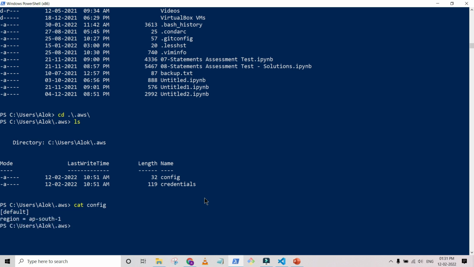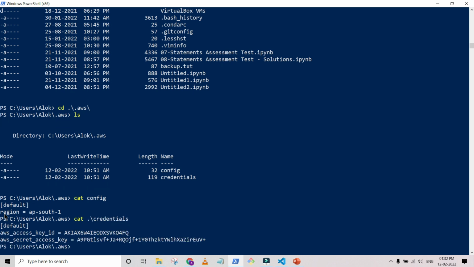So in the config you have only the region-specific things, like if you are not providing any profile, then it will be picked from the default profile. For a different account, you have the same file and you can configure it accordingly. So you can manage several accounts in a single file. Okay, so cat the credentials. So you can see that the access key and the secret key information is stored,